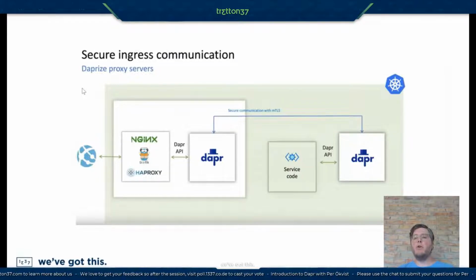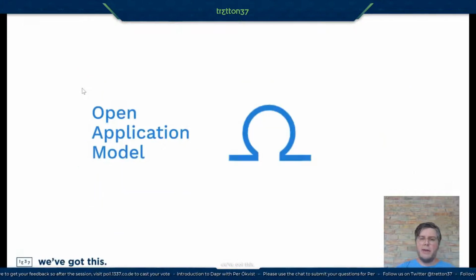So now you have invoked both the possibility to have distributed tracing and all the middleware pipeline running in Dapr between your ingress proxy and down to your Dapperized application. So now you could use things like OAuth authentication running in the sidecar configured for your ingress proxy and getting this distributed tracing also without touching any code. So here you see an excellent example bringing some other technology and Dapperize it because it communicates through gRPC or HTTP. And now we're going to touch about yet another kind of new specification that is surrounding Dapr.